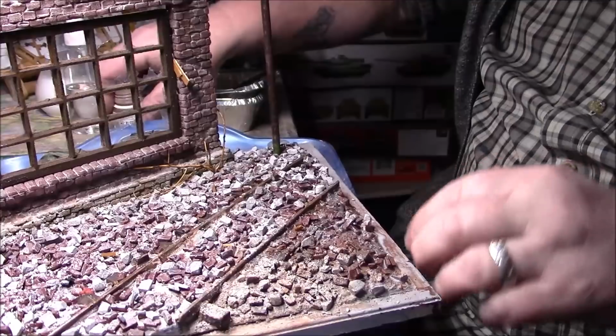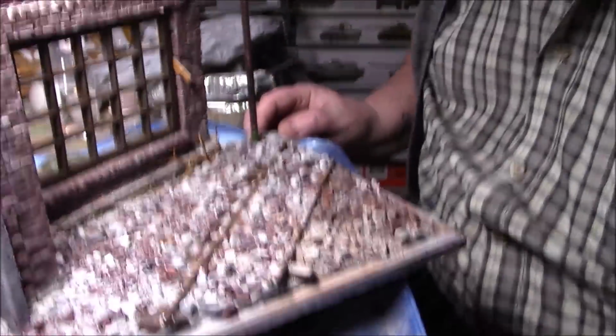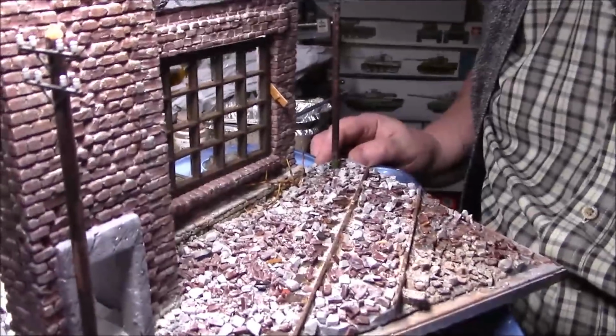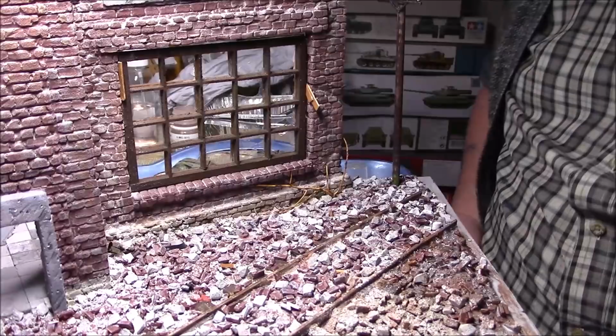Let me just bring this forward a little bit. Put that out of the way. Let's bring the camera off this way, better. There we go. Yeah, so then I was going to start thinking about weathering the